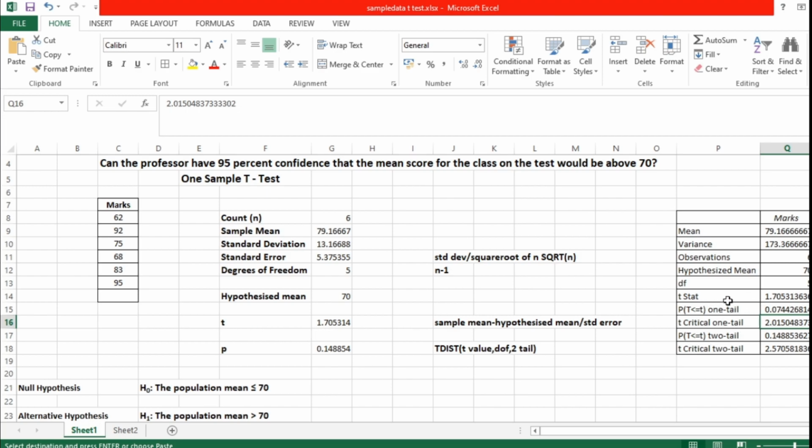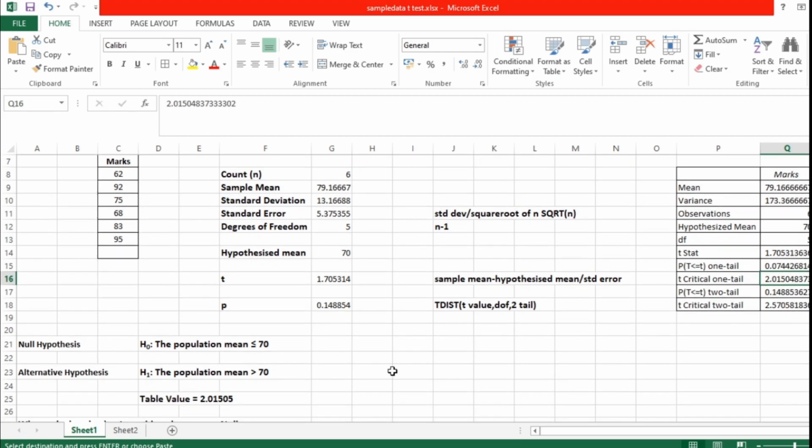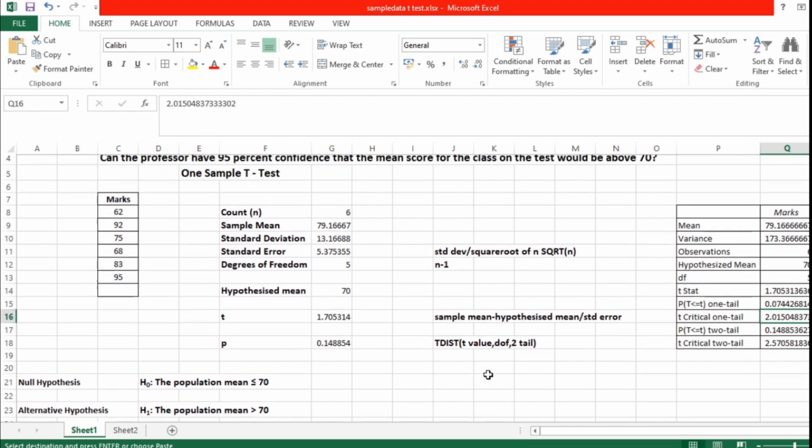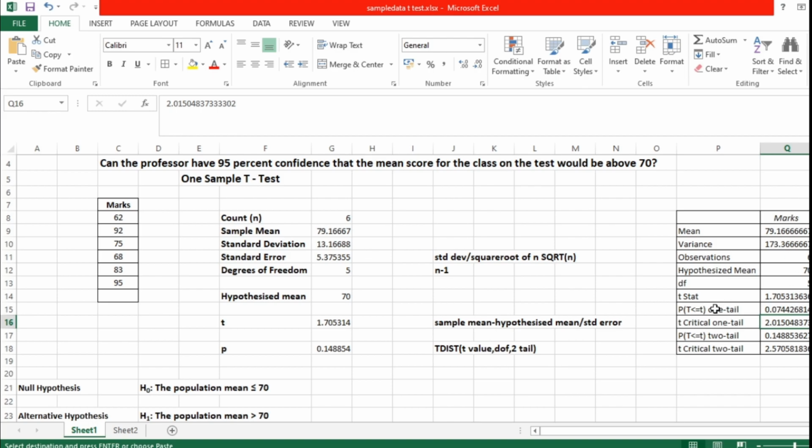Here the t stat, this is the t value 1.705, yes, it's correct, and the p value is 0.14, yes, the p value is 0.14. Along with this calculation, we also have the table value, t critical one tail, that is 2.015. Here also 2.015. So everything is perfect with the help of the data analysis tool.